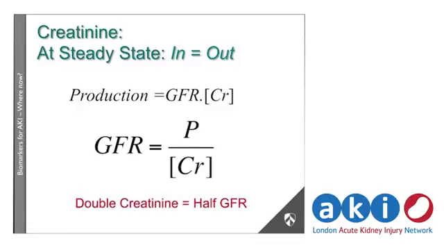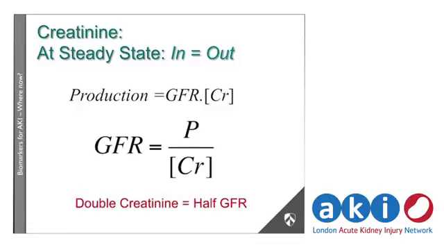So, normally your creatinine is stable, okay? You're in steady state, and you've got creatinine production, and you've got creatinine elimination. Creatinine, as we heard this morning, is produced mainly by your muscles, also some from the liver, and not a substantial amount from your diet. And elimination is going to be equal, because creatinine is almost entirely excreted by glomerular filtration, with a very trivial amount of tubular excretion, which we'll ignore for the moment, is GFR times your plasma creatinine concentration.